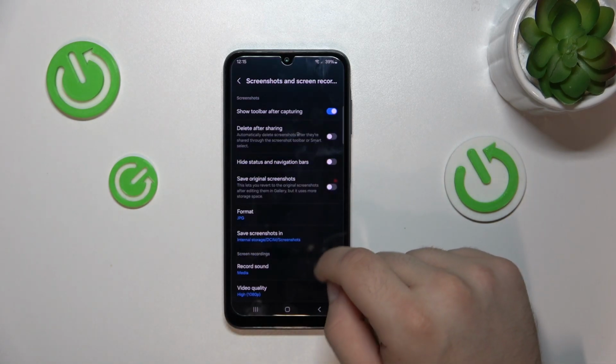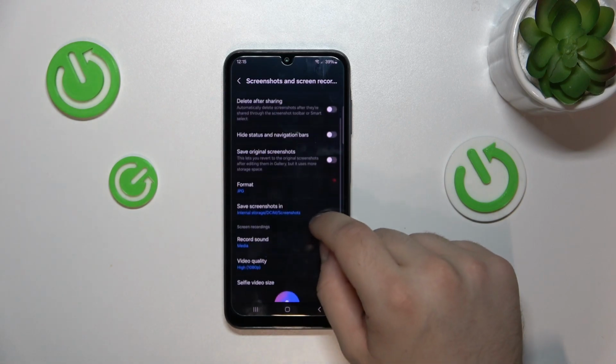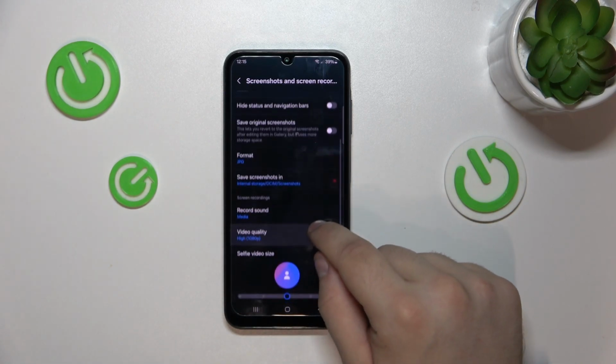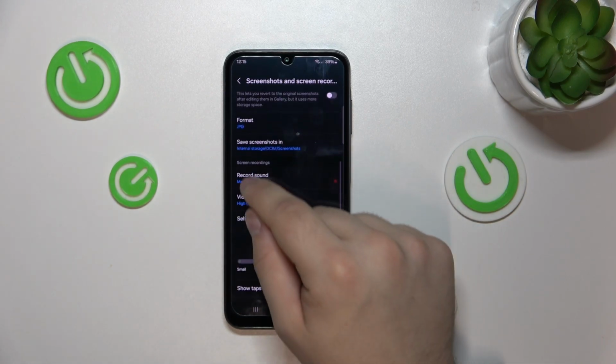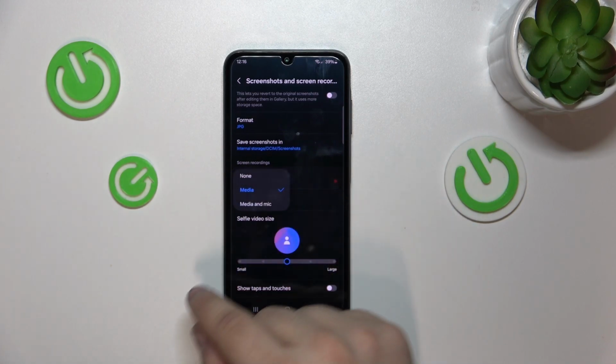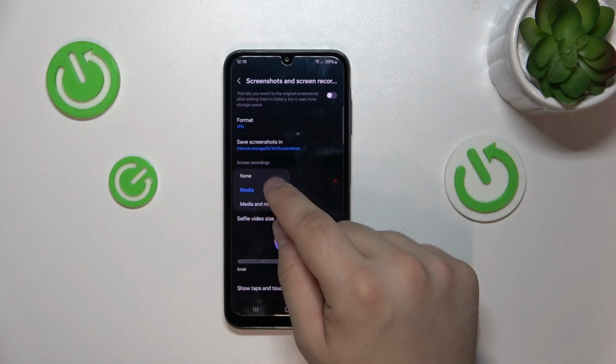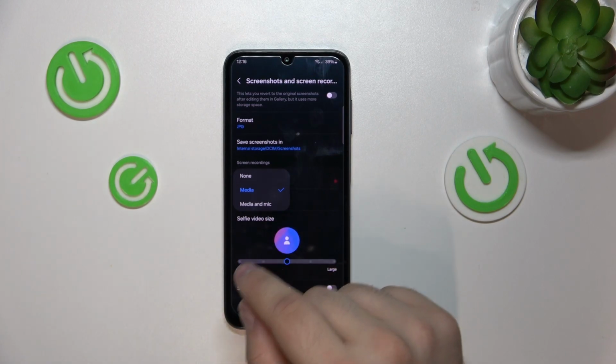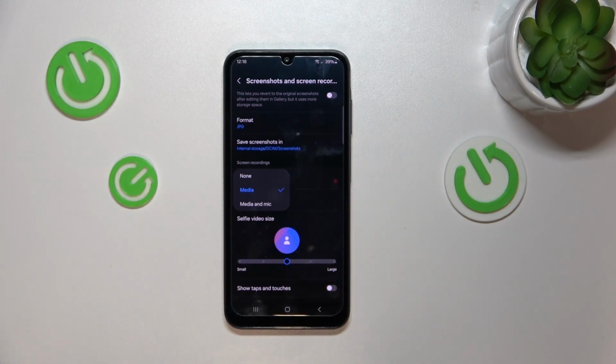Now, while in here, you're gonna see many options. Simply go into the screen recording section and tap on record sound. Here you can choose between none, media, and media and mic to choose the different input directions for your screen